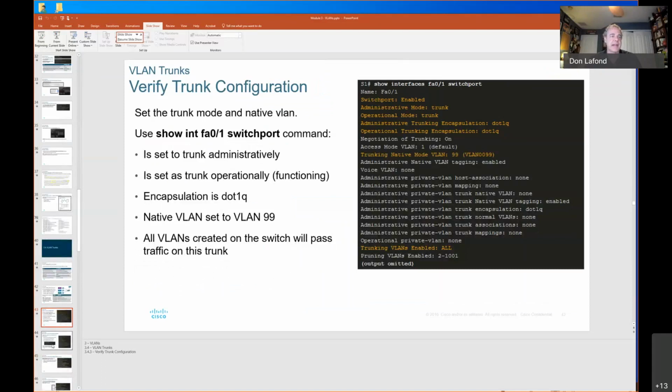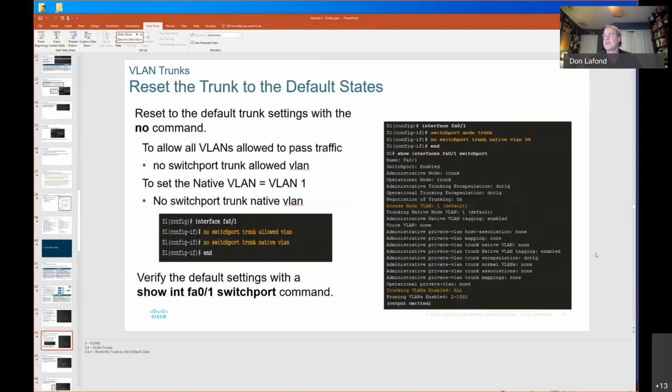And then you can verify that command by doing a show interfaces F0/1 switchport, and then you can see it is in trunk mode, and in this case you're allowing all VLANs, and it does say that the native VLAN is 99. And that trunking encapsulation 802.1Q, that actually comes into play next week when we,